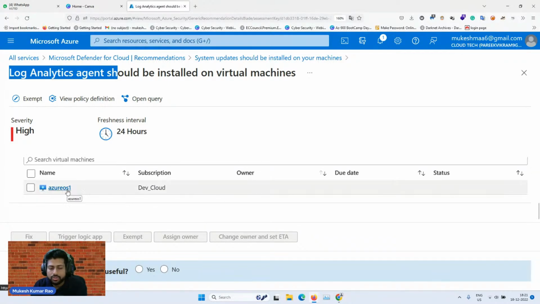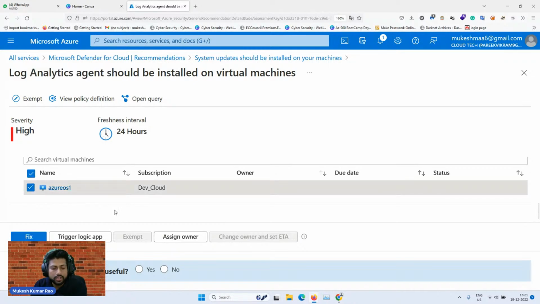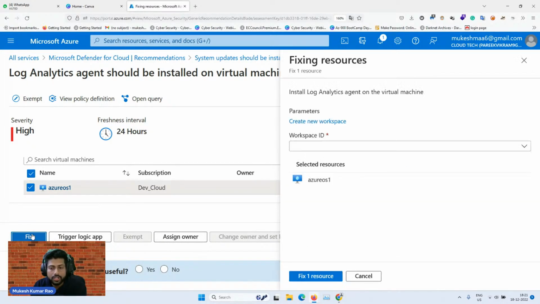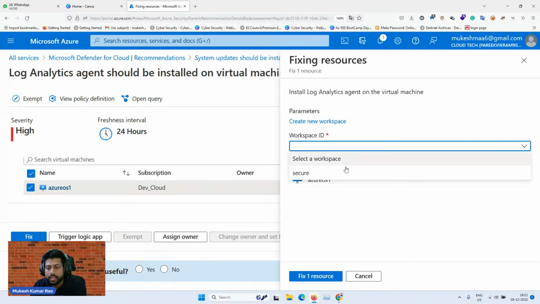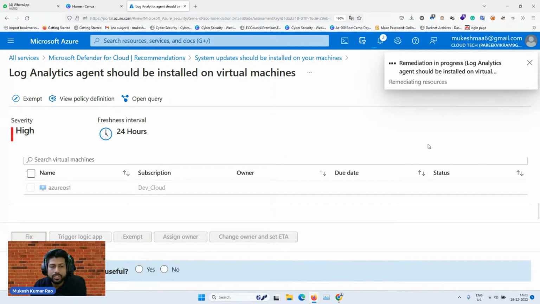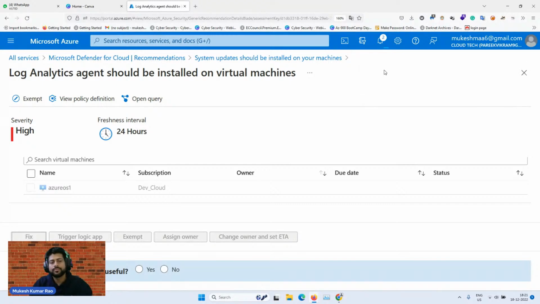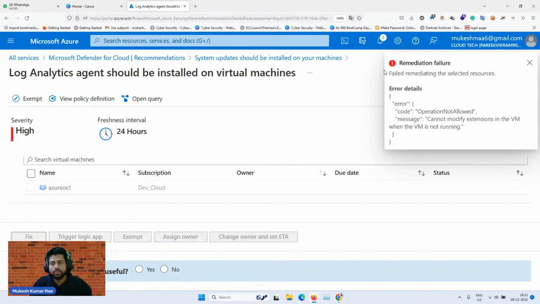So this is the resource. Remember last time we were running this virtual machine. You have to click on it, and here you can assign it to someone else who is an expert, or you can just click on the fix option, and then it will ask for some work ID and fix the resource. So this is how it will automatically update and give you the recommendation. If you don't know, even Azure is providing you the resource. Apart from that, you can do it manually if you have detailed knowledge.